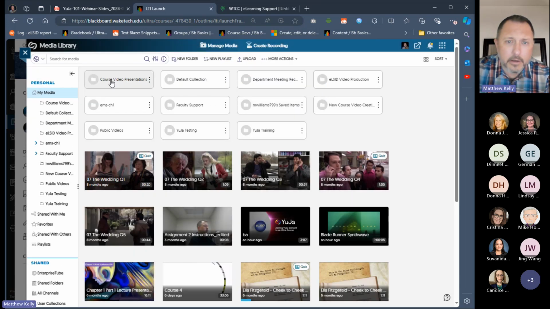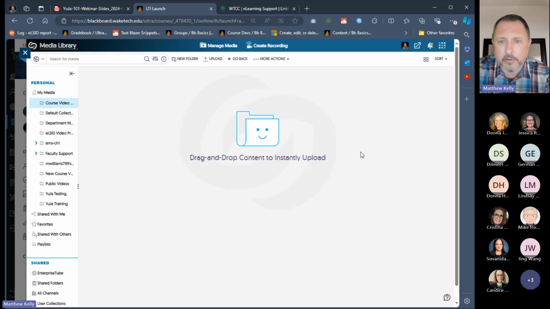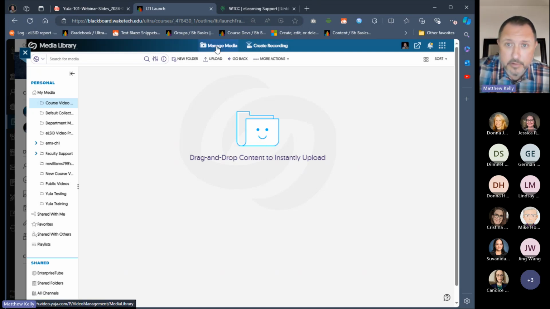And then you can access those folders by double clicking on the folder, and then you can either drag and drop content to upload videos to that location, or you can create a recording and store it inside that folder. Up here at the top of the screen, you'll see manage media and create recording.